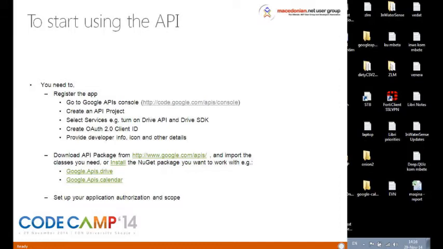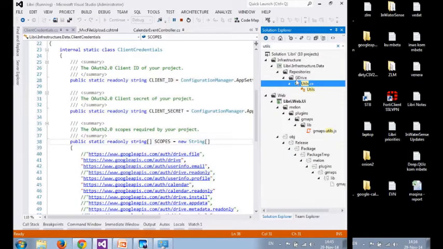And another class is GDrive. This is the main class